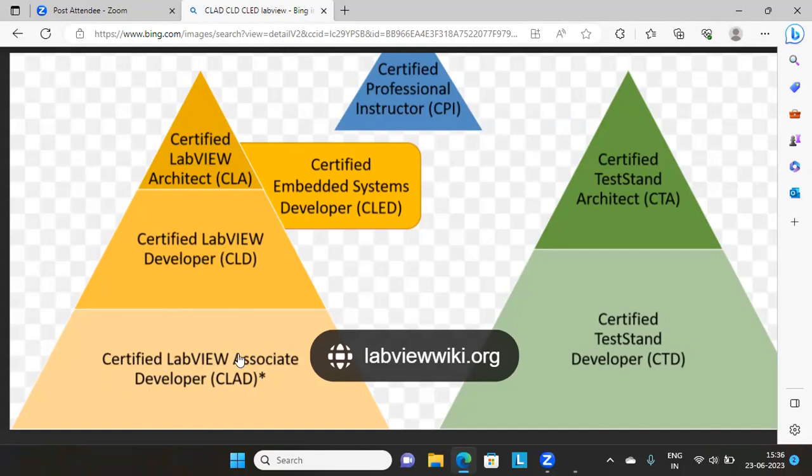For CLAD, you can go to www.ni.com and apply for it over there. They will give you the venue. You can select a venue anywhere in India, but mostly preferable are metro cities like Mumbai, Pune, and centers like Nagpur, and you can select the time, morning or afternoon. You have to go to the center and appear for the examination. CLD is also the same, you have to go to the center